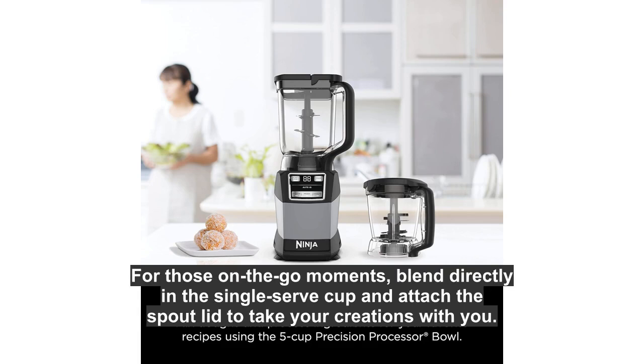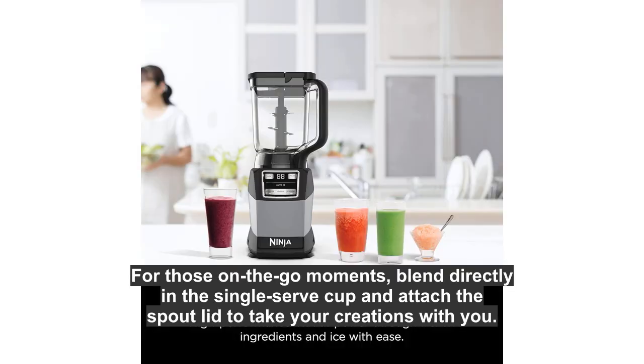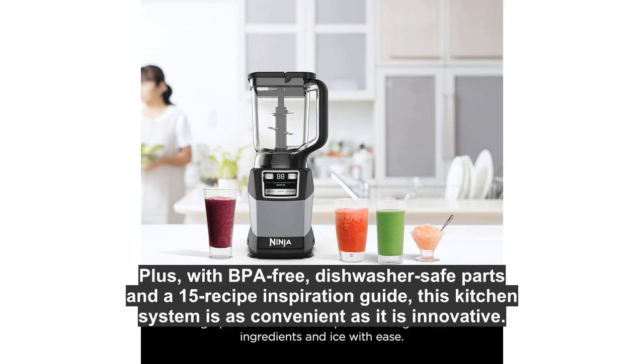For those on-the-go moments, blend directly in the single-serve cup and attach the spout lid to take your creations with you. Plus, with BPA-free, dishwasher-safe parts and a 15-recipe inspiration guide, this kitchen system is as convenient as it is